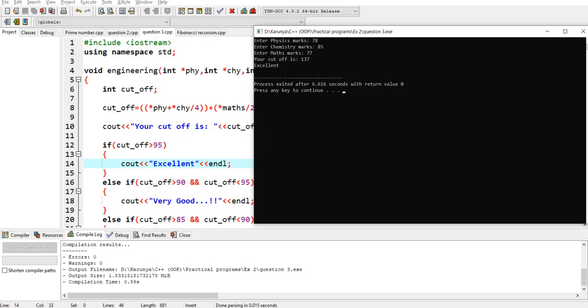Adding these three numbers, 78 of physics, 85 of chemistry, and the maths marks, the physics and chemistry marks will be divided by 4 and the maths marks divided by 2 and added. So this is the cutoff 375, and here is excellent, because the cutoff is greater than 95, so this condition became true and the output is excellent.